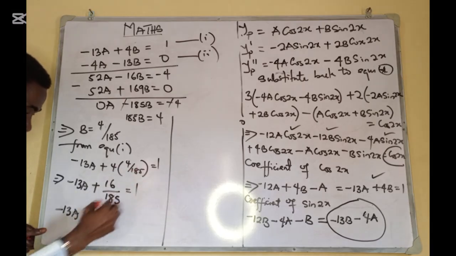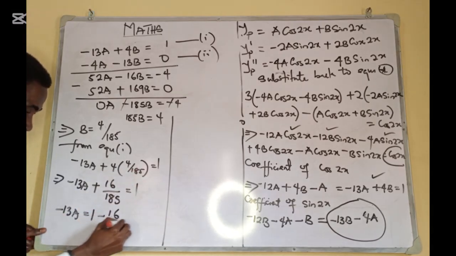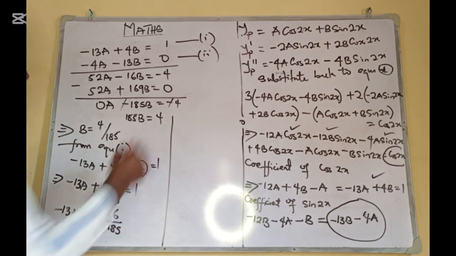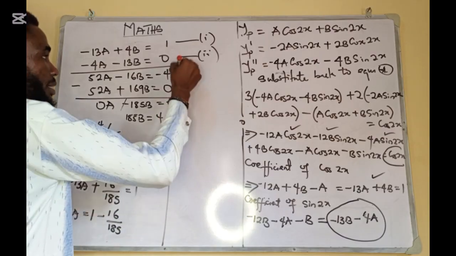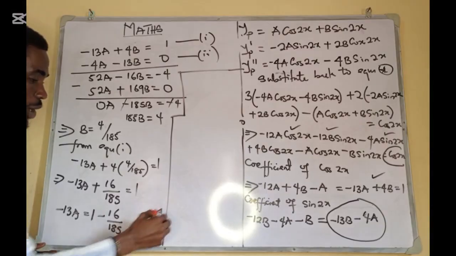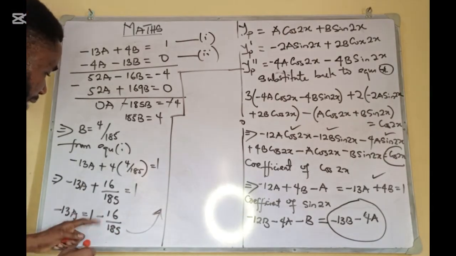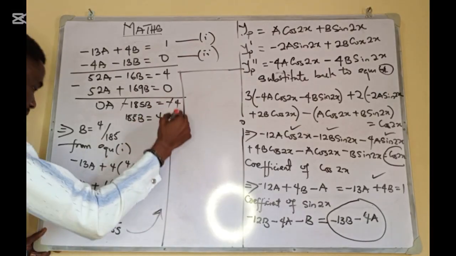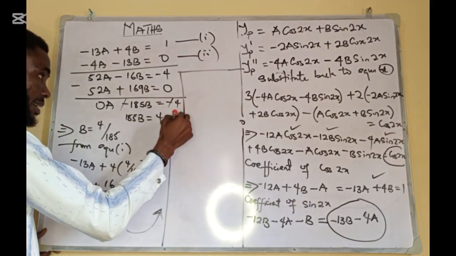This one goes to the right hand side. Minus 16 divided by what? 185. Guys, are we following? Let me just divide this board this way because of space. Please, we are moving upward. Exactly. Now, let me work on this one. So here I have